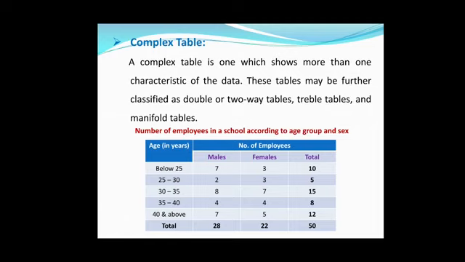Here in this slide is given an example of two-way or double table. Dear students, if the number of employees given in one-way or simple table as shown in the previous slide are further divided sex-wise, the table would become a two-way table or double table because it would give information about two characteristics. One is age group of employees and second is sex-wise distribution of employees, as shown in the table here in this slide.